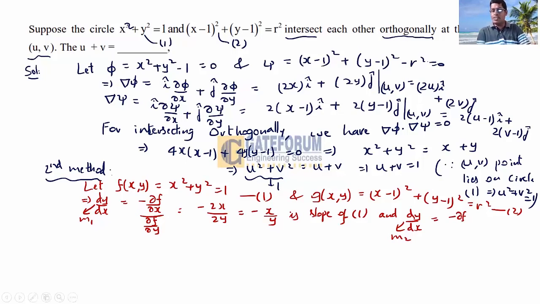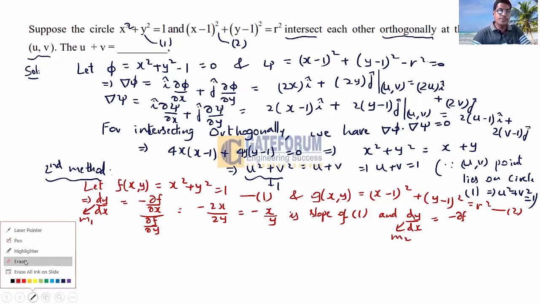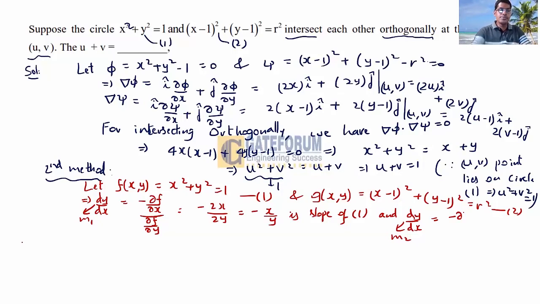This is minus dou g by dou x divided by dou g by dou y. So this is minus 2 into (x minus 1) divided by 2 into (y minus 1). Easy partial derivatives. 2 cancel, minus of (x minus 1) divided by (y minus 1). So,